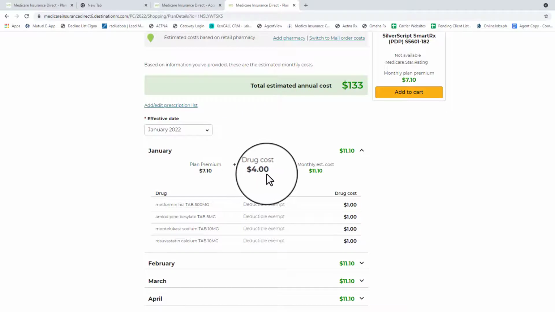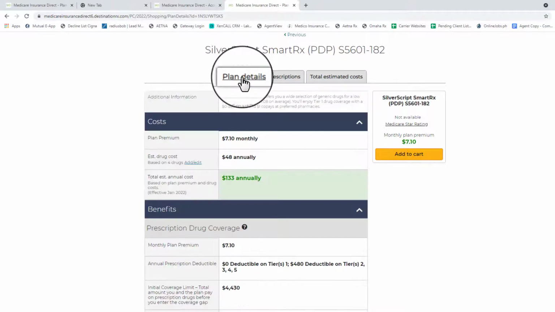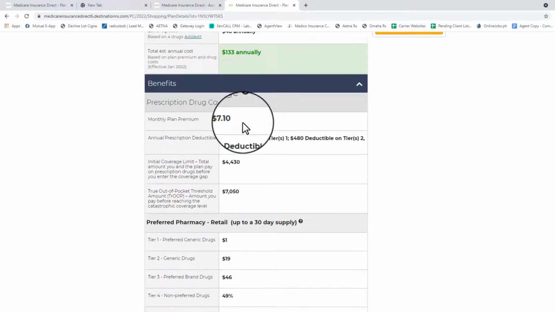We said we were going to come back to the pharmacy and see which pharmacies are going to work best for my plan. I had you leave that blank. So I want you to click back to the plan details tab. And if we scroll down to the bottom of this section here,